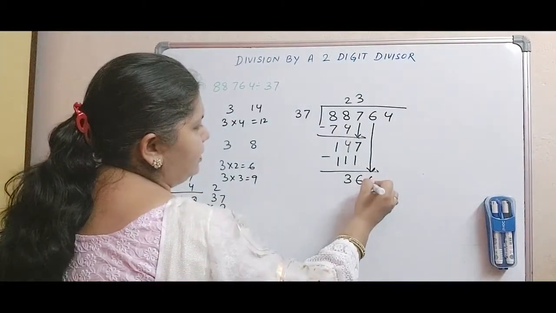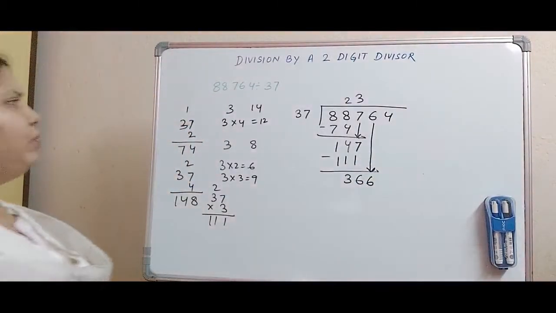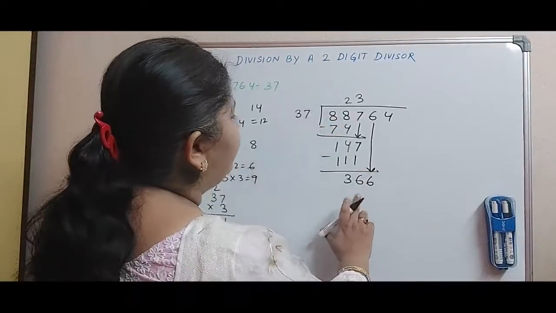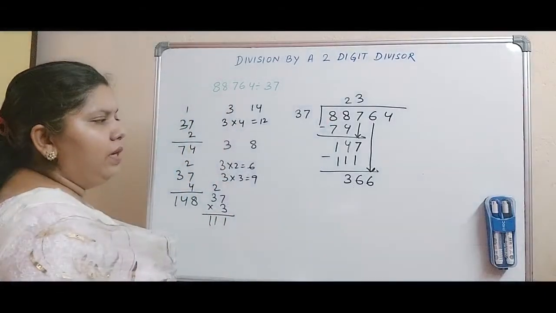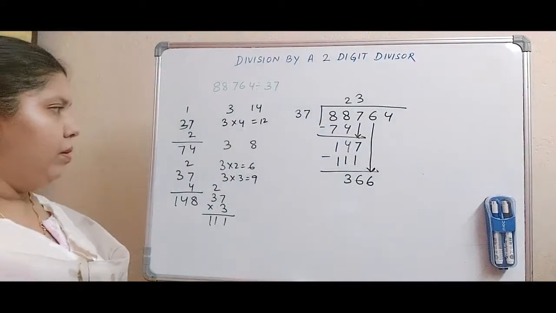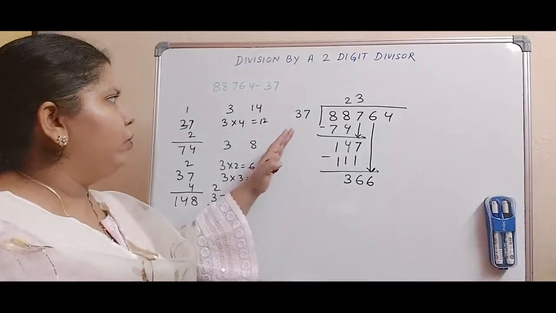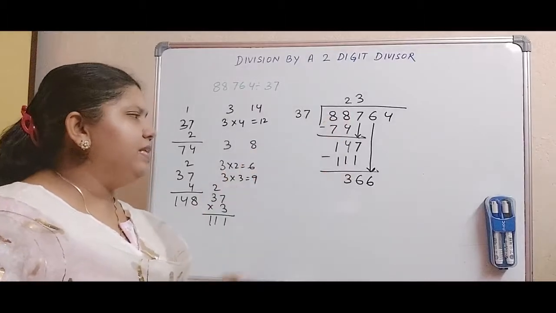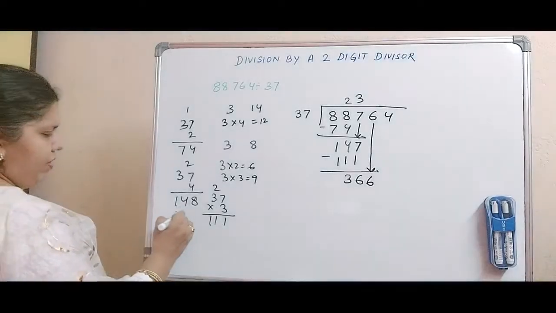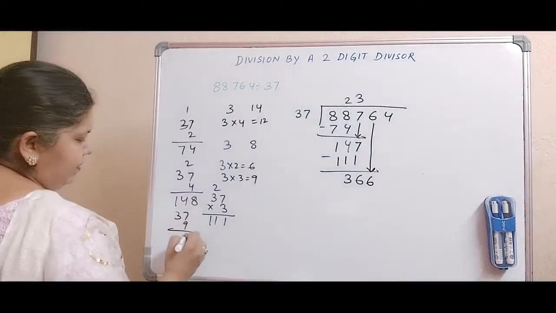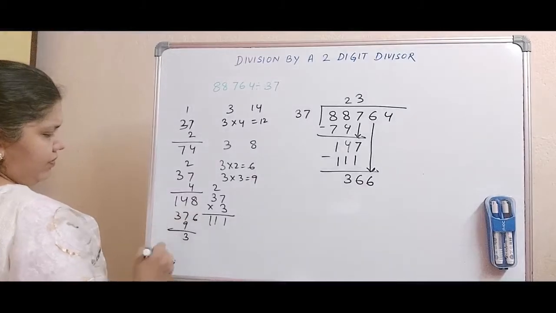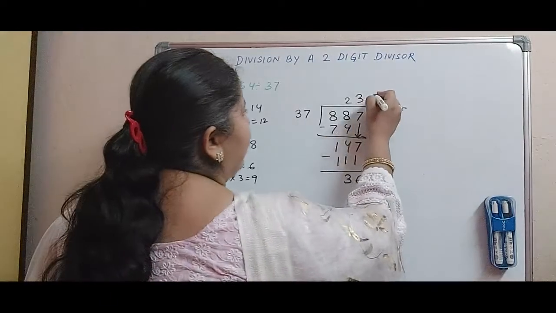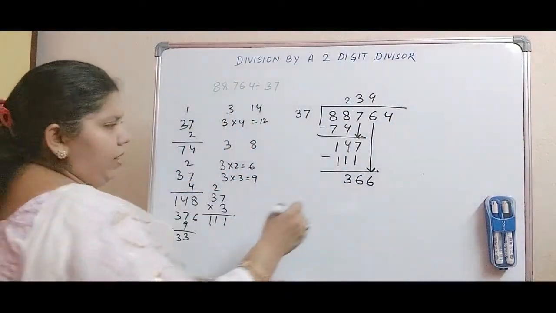Bring the next digit down, that is 6. 366. Again the same process will be repeated. Hide 7 here, hide 6 over here. So 3 tens are 30, which is actually very big. You cannot take 10 as it would be a two-digit number, so you have to think of 37 nines. 9 sevens are 63, carry 6; 9 threes are 27 plus 6, 33. So 37 nines are 333.